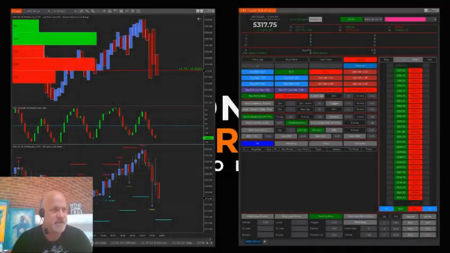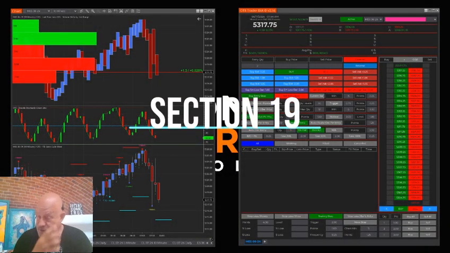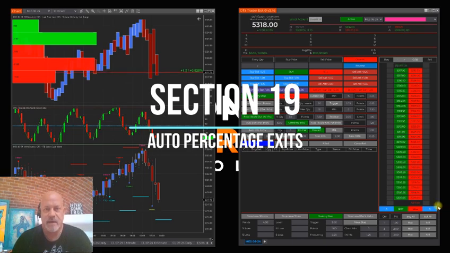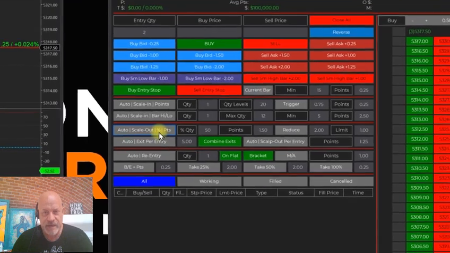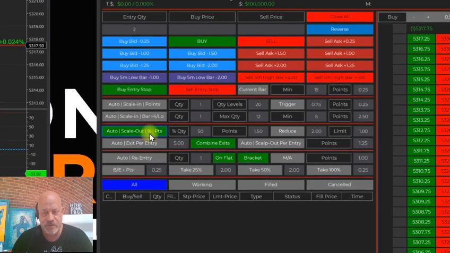Okay, let's do section 19, auto percentage scale out on OTS TraderBot. It's this little section right here. When it's grayed, it's turned off. If it's green, it's turned on. Just to keep in mind, all the lower buttons act with the gray background, because these are more auto scale in, scale out, where the top buttons are all repeated